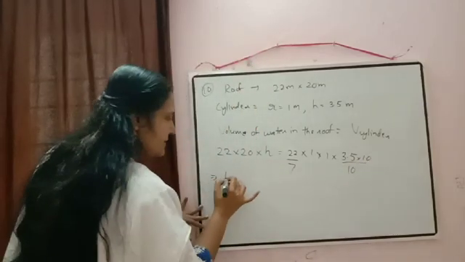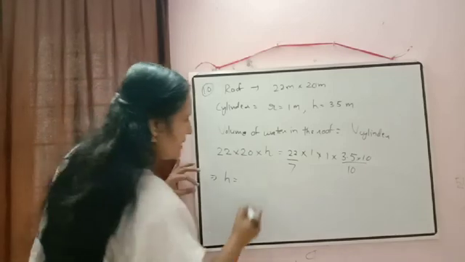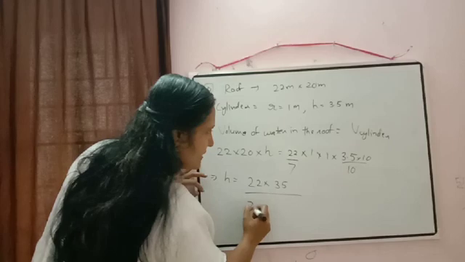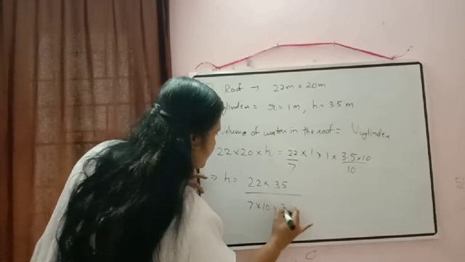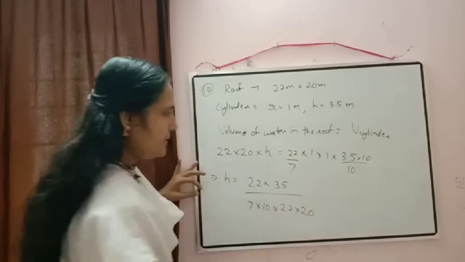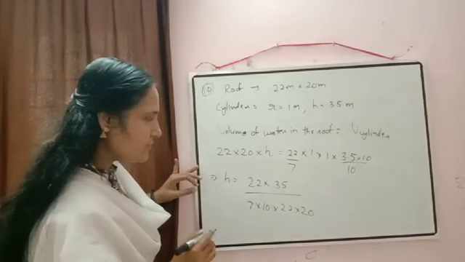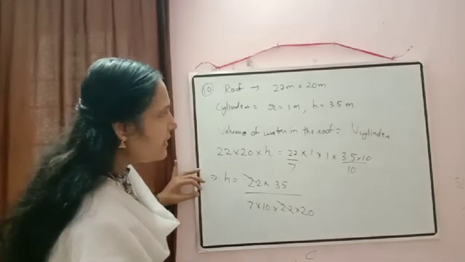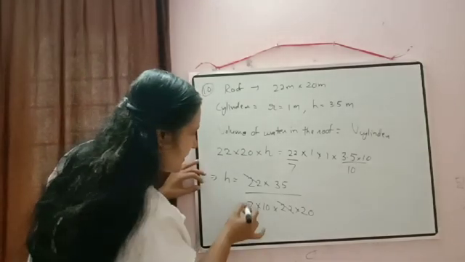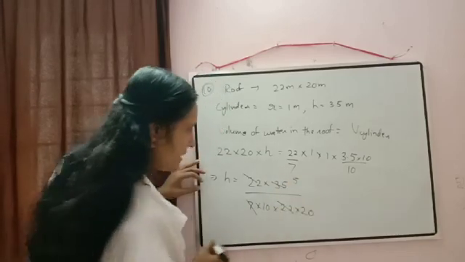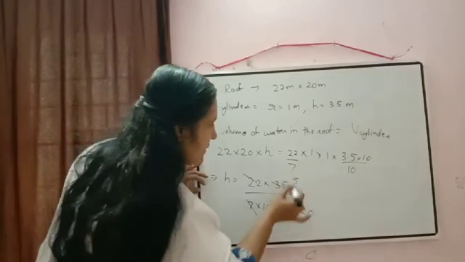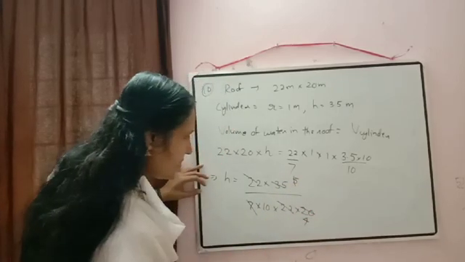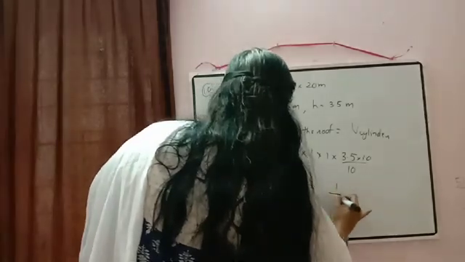So now, except h, the rest of the things we can shift, then it will be equal to 22 into 35 by, here 7 is there, 10 is there, and 22 into 20 is also there. So I think we wrote all the rest of the things. Now just to check here, 22 and 22 will get cancelled. And then what other things will get cancelled? 7 ones are 7, 7 fives are 35. Then here it will be equal to 5 ones are 5, 4s are, correct? So what we are getting here is 1 by 40